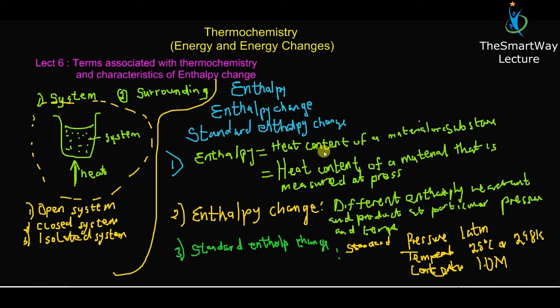All you should understand is that when you say enthalpy, it is the heat content of a system that is measured at a particular pressure. Just as I said, the pressure outside affects the heat inside, and so measuring heat at constant pressure gives you a heat called enthalpy. We cannot measure the absolute enthalpy of a system because we cannot stop molecular motion. Because temperature changes every time because of vibration, we prefer to measure enthalpy change. And enthalpy change is the difference in the enthalpy between the reactant and the product that is measured at given or particular conditions.